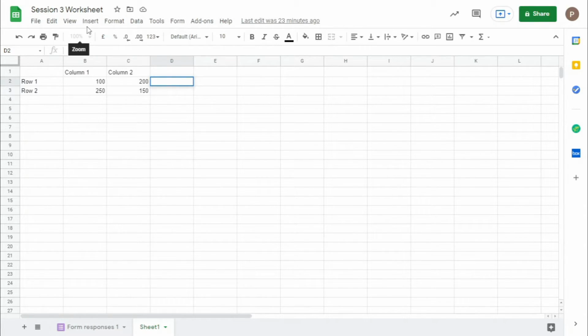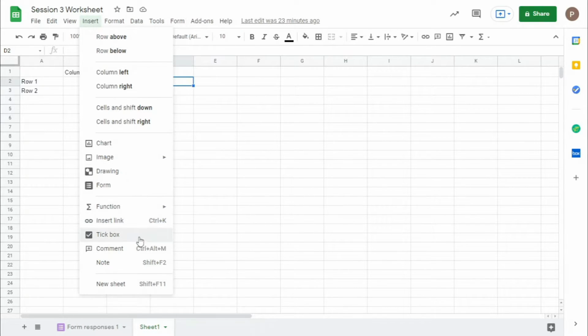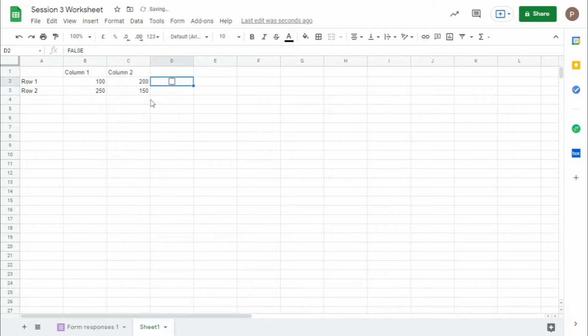So next is insert link. You know what is insert link. You can insert a tick box. If you want to take some poll, if you want to give a question and ask if it's true or false, you can directly have a tick box in Excel. Let's say this: cat and dog are the same. This is the question, and for this you need to have an answer. So with a tick box, if you don't tick it, it means it's false. If you tick it, then it's true.